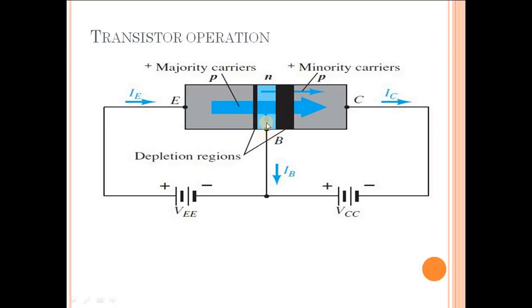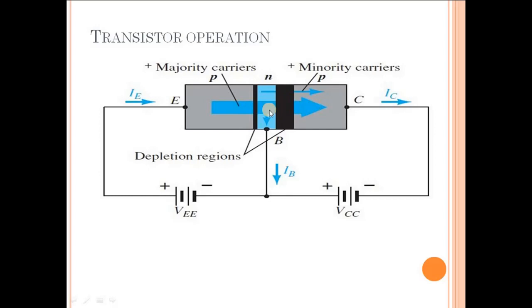Or you can say the resistance offered to the charge carriers in the path to the base terminal is quite high. The resistance is high. So most of the charge carriers will follow a path from N to P layer,